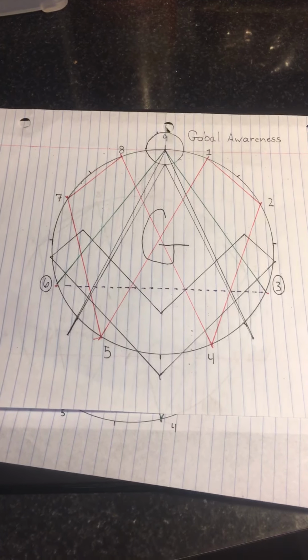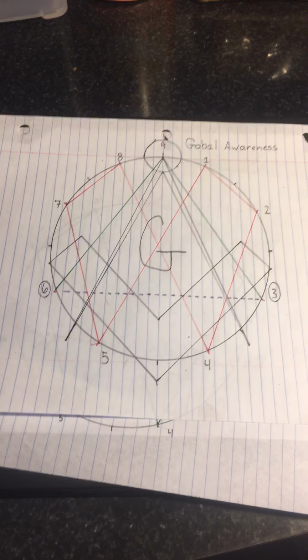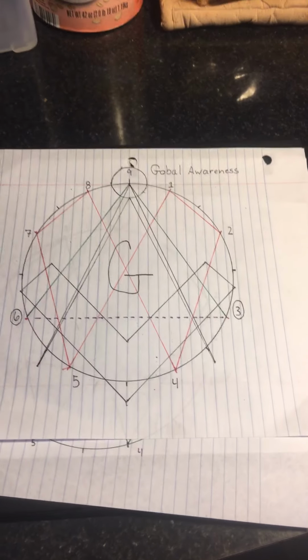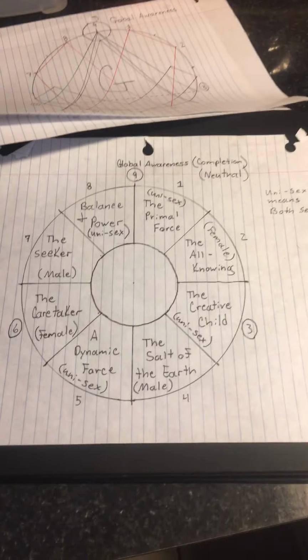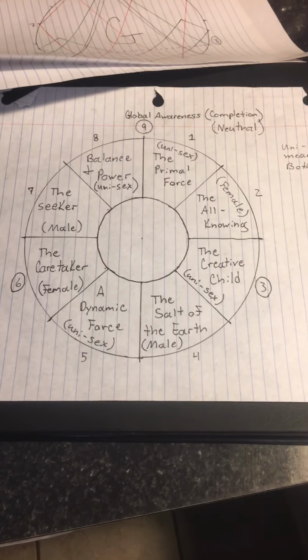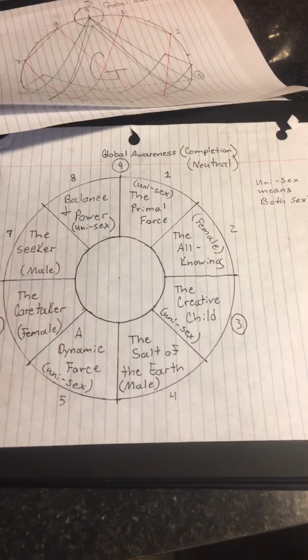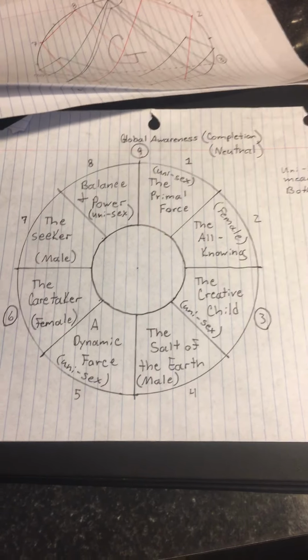2 sexes, okay? 2 sexes. And if you take 8 and you divide that by 2, you get 4, okay? And if you go back up here, that's the salt of the earth, all right? And the salt of the earth is the hardworking men and women, okay? But if you come back up to 8, then you've got balance and power, which means that it takes both